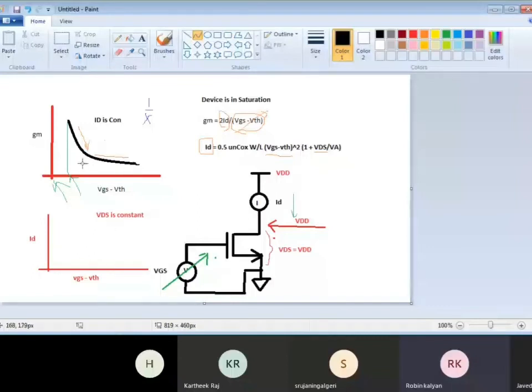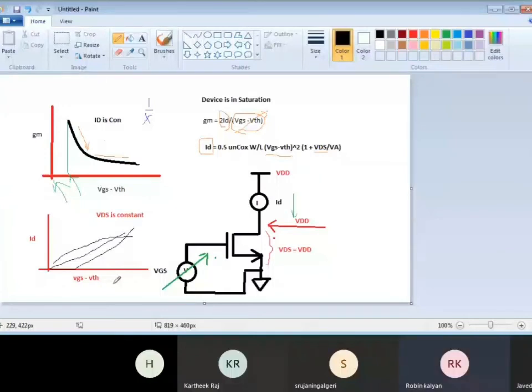If we subtract a constant term from that graph, then the shape of that graph will never change. That is what I want to tell. Correct. So this graph is going to be like this, is what you said, even with VGS minus VTH, or the graph is going to be like this, or the graph will be like this.